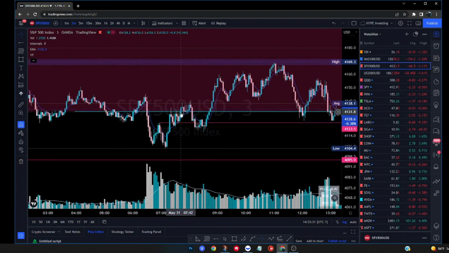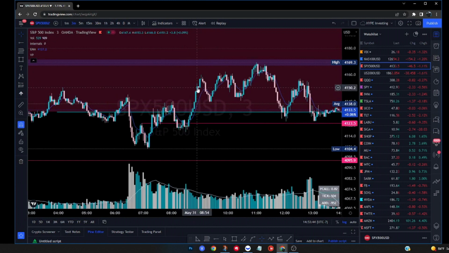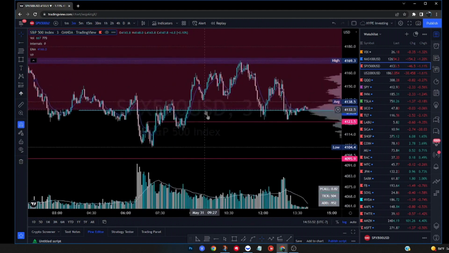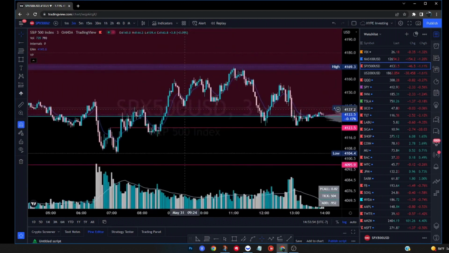And then they kind of held this. It was a bit choppy, but we were moving higher to higher prices, and then we started coming back down, but we didn't make any lower low or anything, so still healthy action for the bulls. And then we made this pretty significant and strong move here. Again, volume wasn't anything special, but we were moving higher, and we actually got a new high of day here. So I was like, okay, this is actually interesting. And then we came back down here, and we kind of retested the previous high, and we held it. We moved higher, and we made a new high of day, but